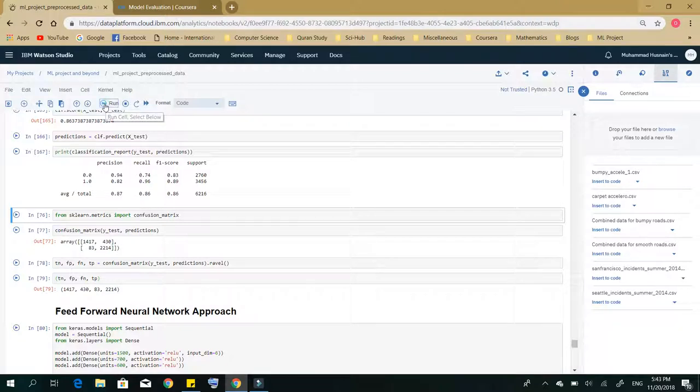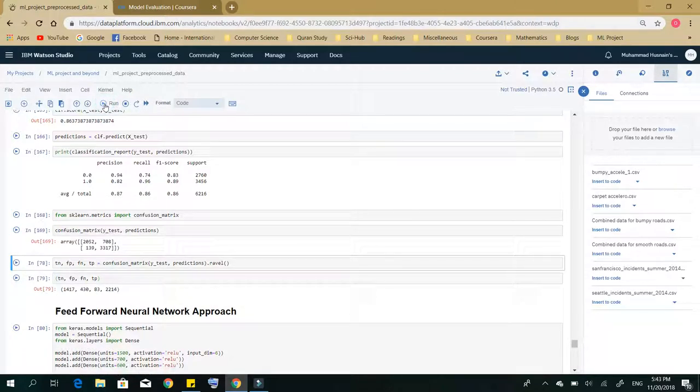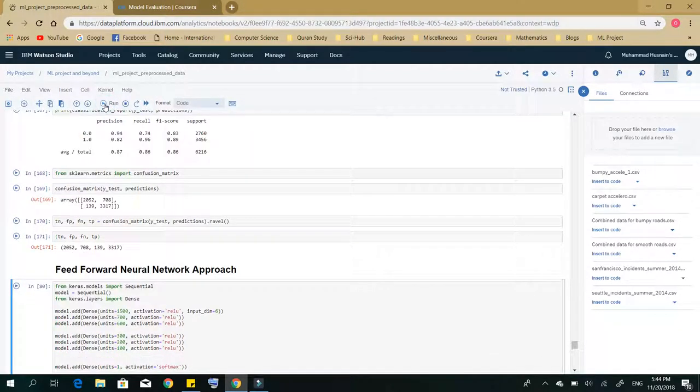And now we will print the confusion matrix. It is printed. We can calculate the true negative, false positive, false negative, and true positives. Let's see. So we get true negatives 2052, false positives 708, false negatives 139, and true positives 3311, which is